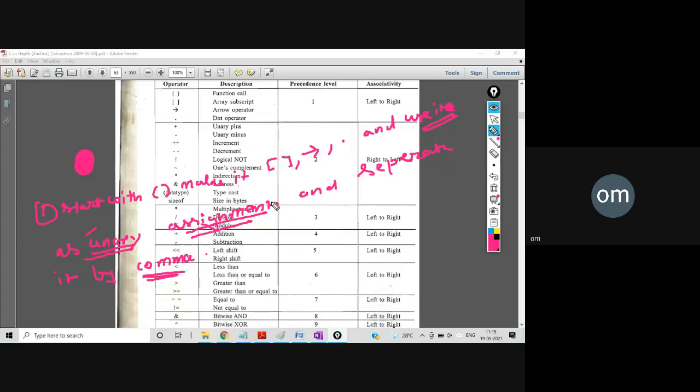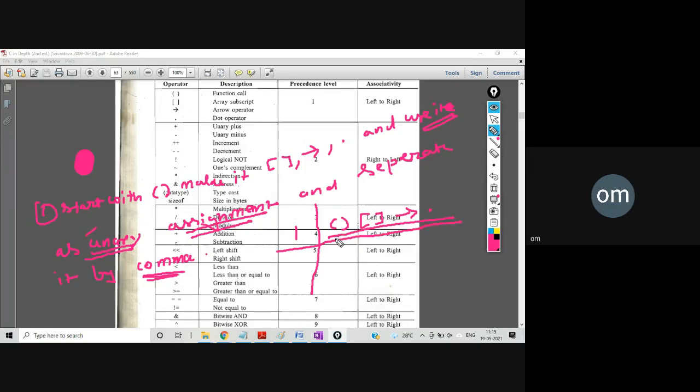So this statement I am giving so that you can remember a few operators by this statement. Then I'll write one more statement, and with the help of both statements, we'll be able to remember everything along with the associativity. Now, why did I write this? The first operators will start with round bracket, then square, then arrow, and dot. So this will make the first precedence level operator.